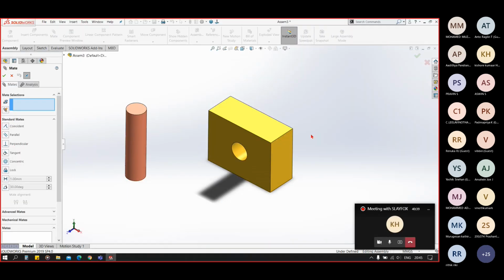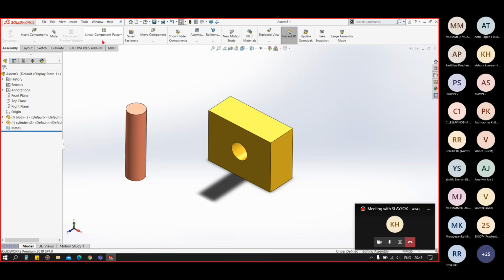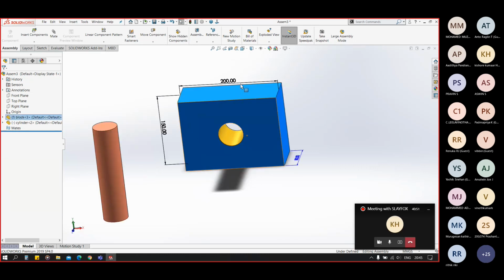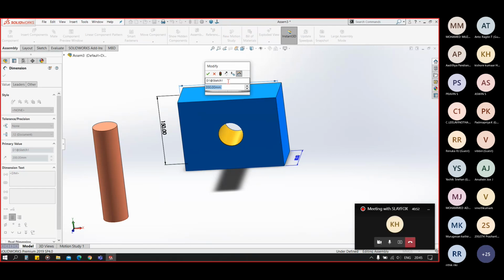Okay then, so now let's see the linear component pattern. Let me change the size of this.